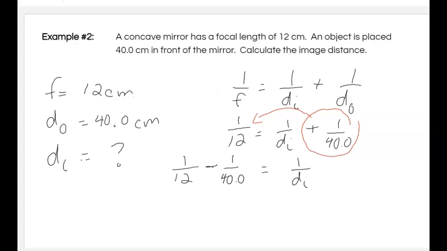And so now at this point, I want you to attempt to type this into our calculator using that 1 over x function or the x to the negative 1 function to end up with your solution. And then just make sure you can follow through these steps with us. So I'm going to do the same thing here. I have 1 divided by 12 minus, I'm going to use my brackets here, 1 divided by 40, close bracket, equal. And so 1 over di is equal to